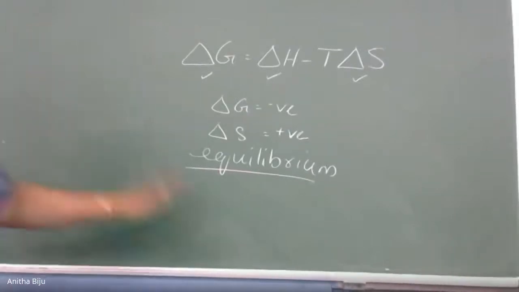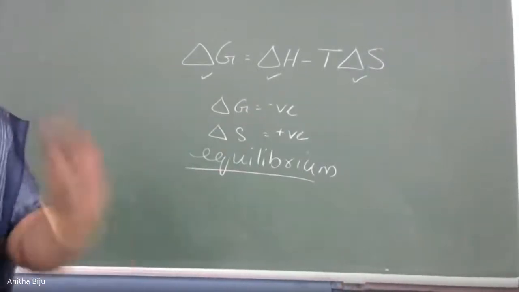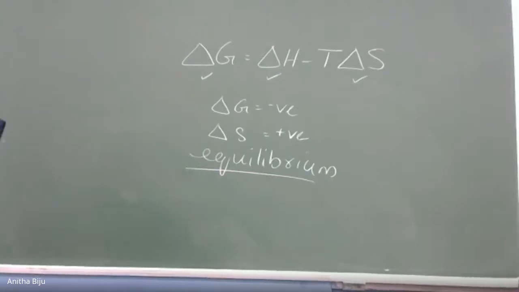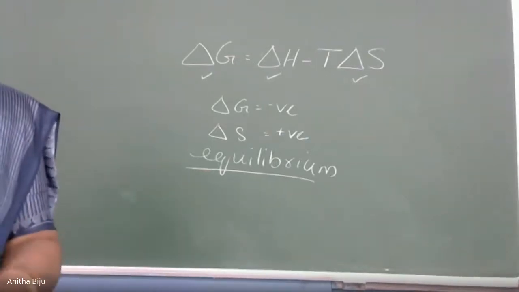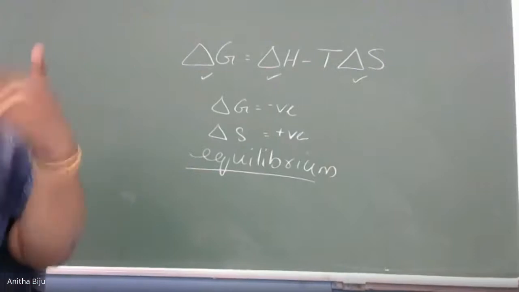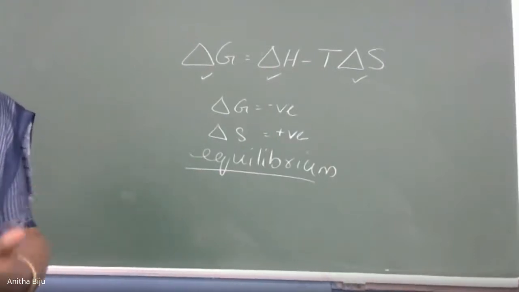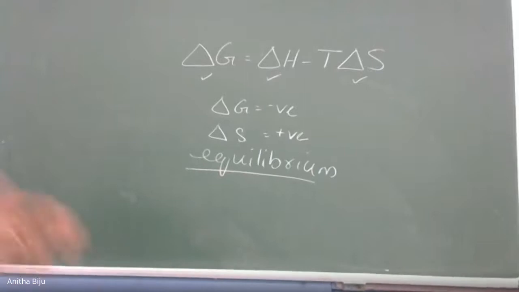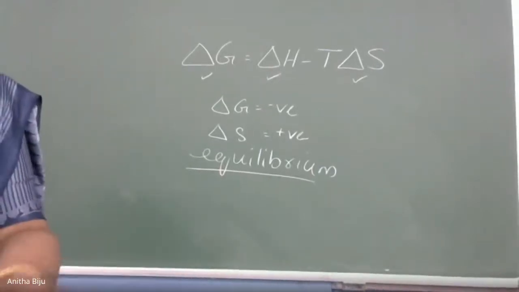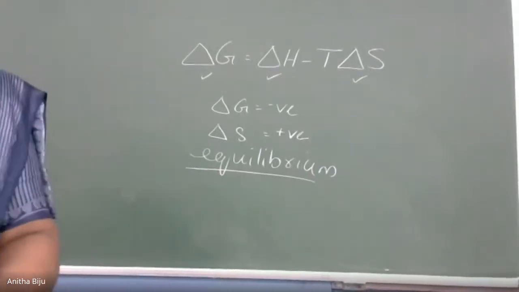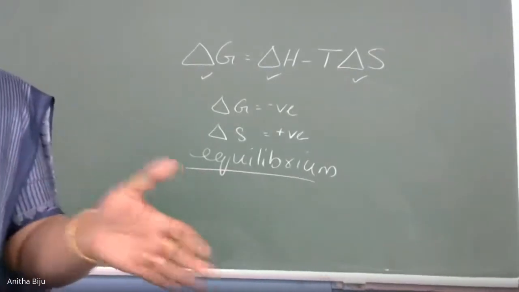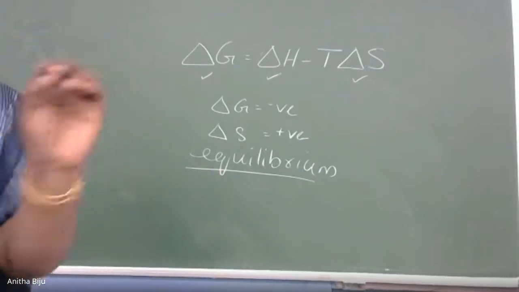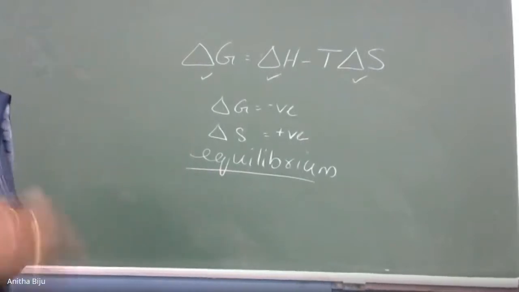So the equilibrium chapter is 75% related to reversible reactions. 75% of equilibrium is related to reversible processes. Equilibrium state means the state at which the rate of forward reaction is equal to the rate of backward reaction. We did not know what is rate. So because of that, the chapter is a little incomplete. We have learned a little about rate of reaction in the chapter equilibrium.